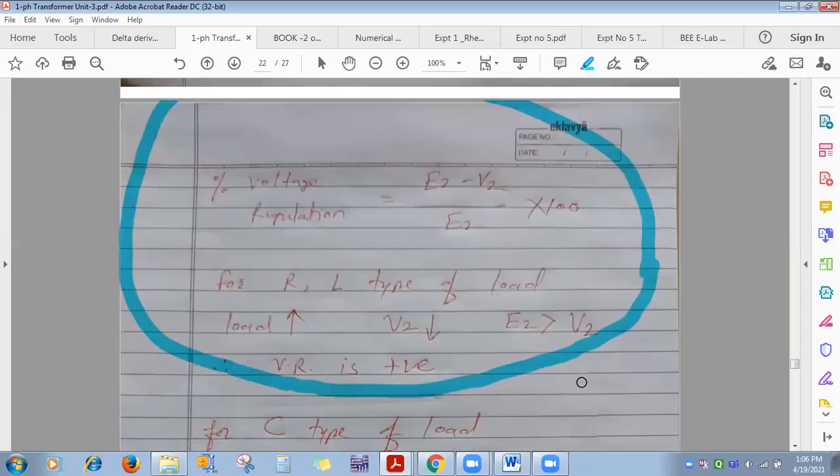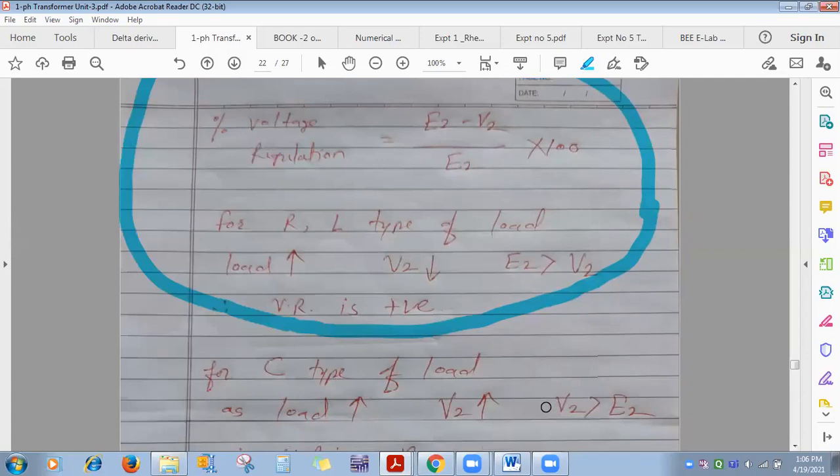But see what happens with capacitive type of load. For capacitive type of load, as you go on increasing load, we have seen that for a capacitor the reactive power is VI sin phi. Phi is always negative. That's why VI sin phi, the reactive power, we get negative. It supplies negative reactive volt-amperes, and the formula for capacitances in parallel, you have to add them. Capacitors you connect in parallel, what is their equivalent? C1 plus C2 plus C3, you have to add them.